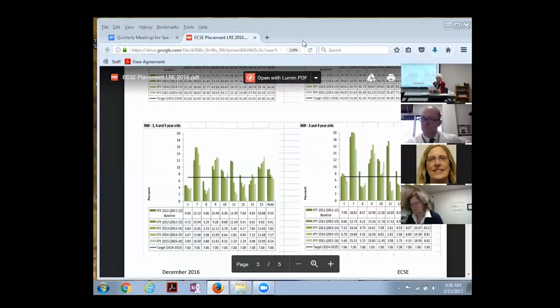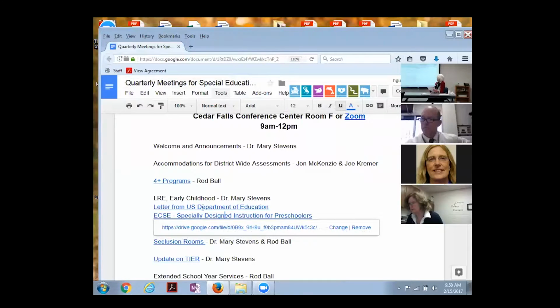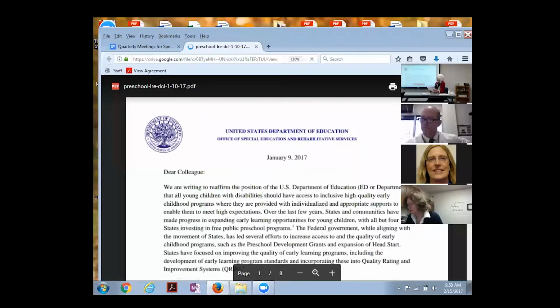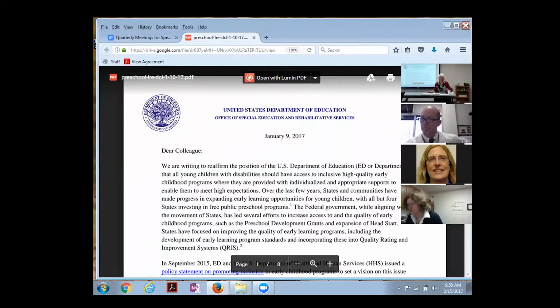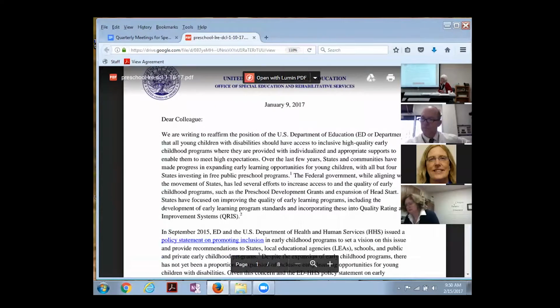Then the other document that I have attached to the agenda is the Dear Colleague letter from the Office of Special Education Programs. And Heather, you want to pull that one up? Yeah. This one I just want to go through with you to point out some things about the guidance that has been provided. And this is very current guidance. It's January 9th, 2017. There was a previous Dear Colleague letter pertaining to preschool LRE issues in 2012, and this takes precedent now over that Dear Colleague letter. So this is the most current,